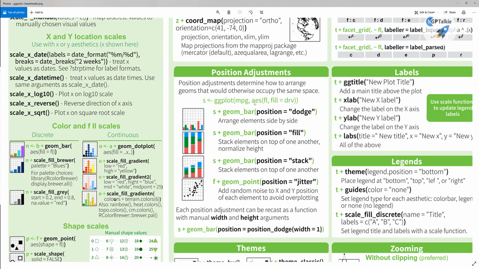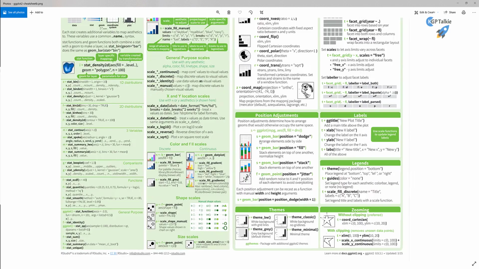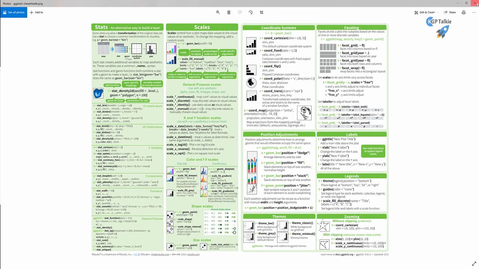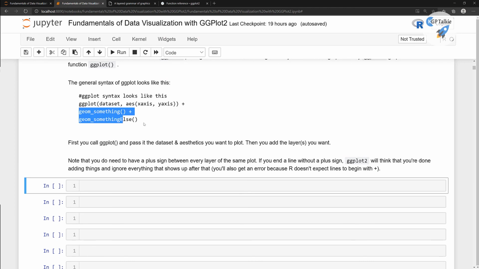We pass the aesthetics. Thereafter, we pass the type of plot which we want to plot here. We want to plot a bar plot, count plot, a point plot, whatever plot we want to plot, we will be able to see there. Thereafter, if you want to add the theme, guides, scale discrete, all these things can be added with the plus sign which we had seen previously, like this one. All right. So these things.